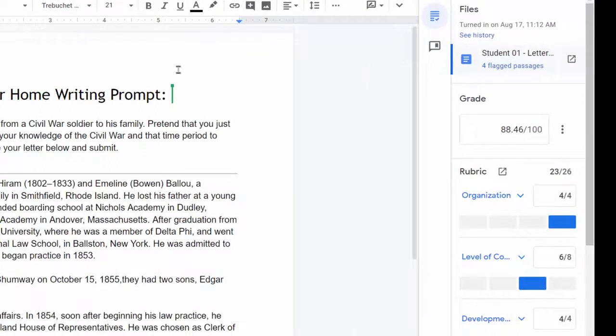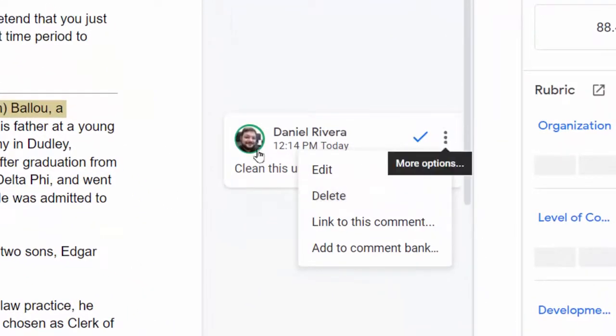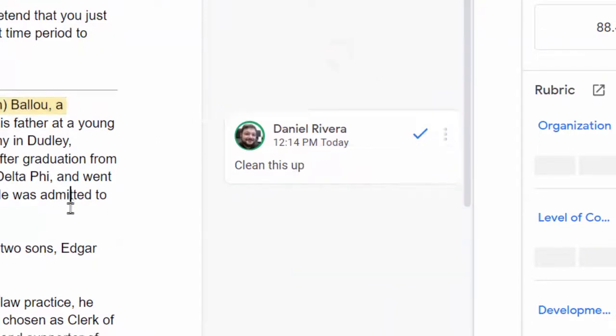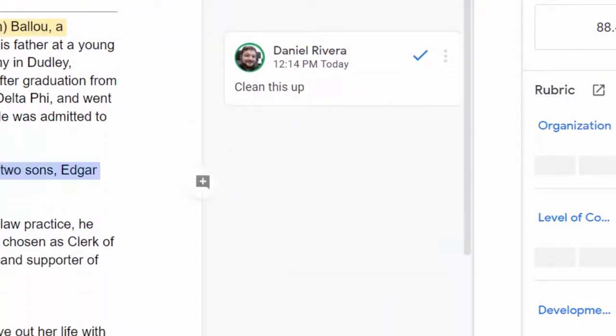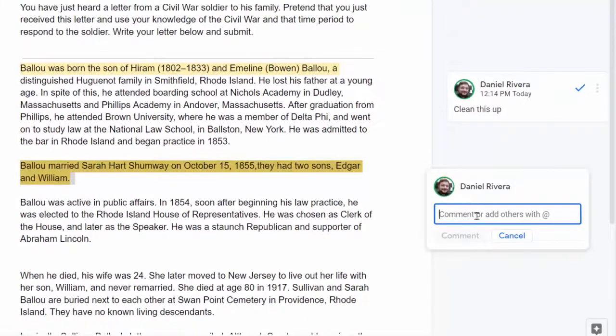And now for a bonus fact. Did you know that you have a comment bank in Google Classroom when you're evaluating student work? Yeah, when you come in here, if you want to select some text and insert a comment, you can make a comment right there, but you can also pull down after you've made your comment and say, add this to the comment bank. Now, what's the comment bank? Well, when you have something that's a common error that you wind up having to use over and over again, like this is a comma splice, I can come in here and I can just start typing,